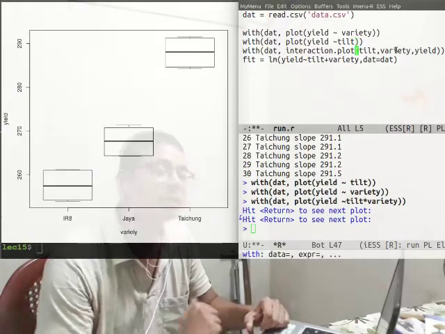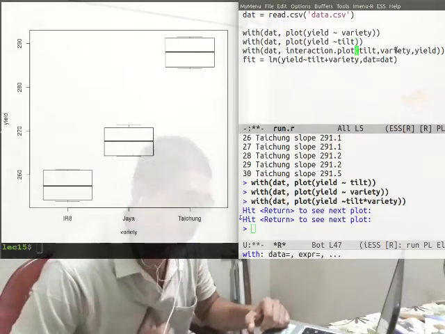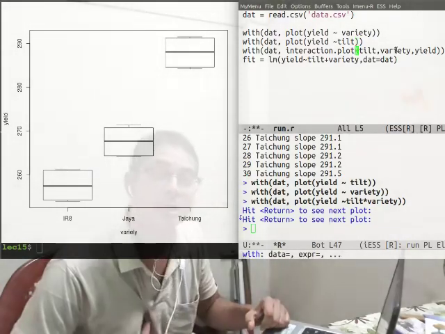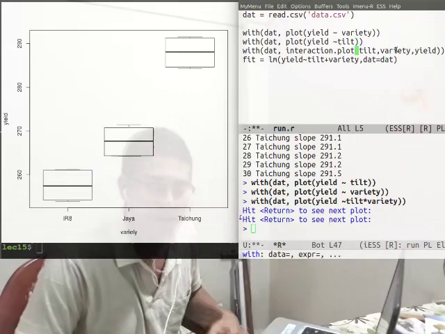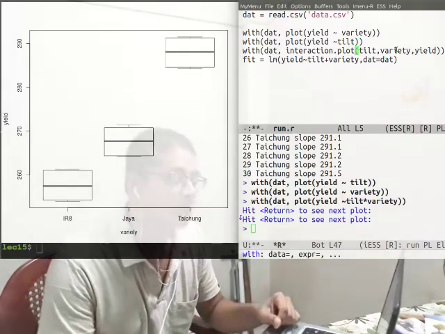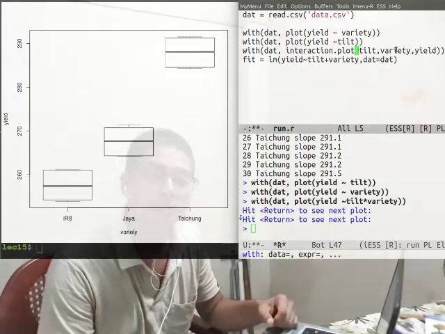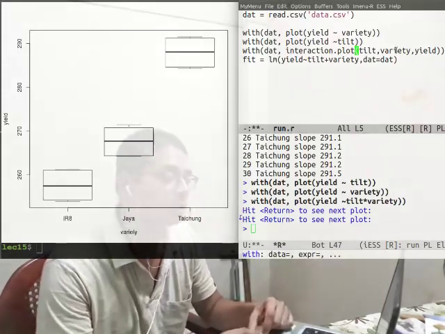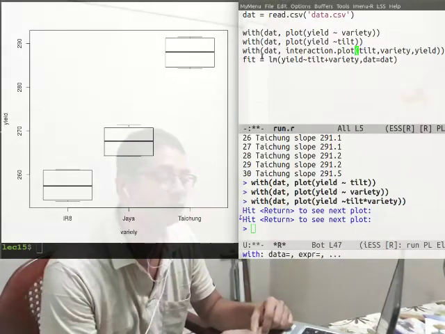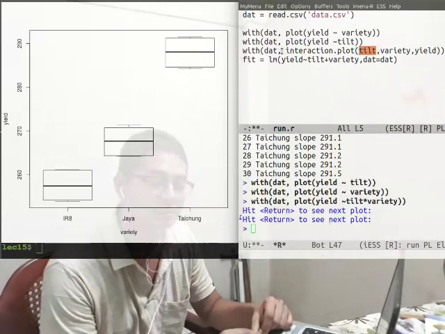Okay, now I will create what is called the interaction plot. That is the plot that I mentioned where I had the profiles. R does not call them profiles, it calls them trace if you look up the documentation. So let's see what I am doing. I am writing with dat, so all the variables that I will be using are inside the file dat,